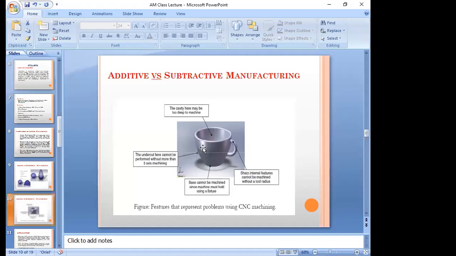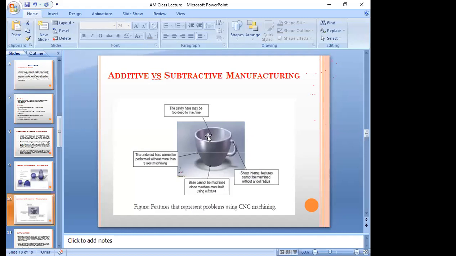See, the tea cup, we need to develop, or our product is, for example, a tea cup. So here we have to form various geometrical shapes. This particular geometry has different features. For example, here we need to create a cavity, and to create a cavity, we need a deep machining process. Some of the manufacturing systems are machinability.